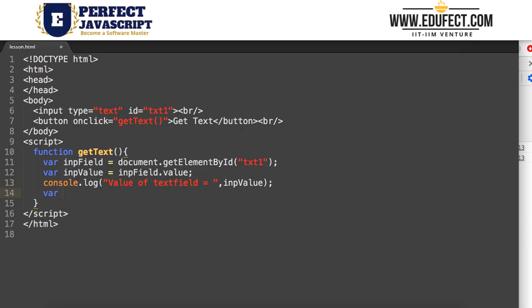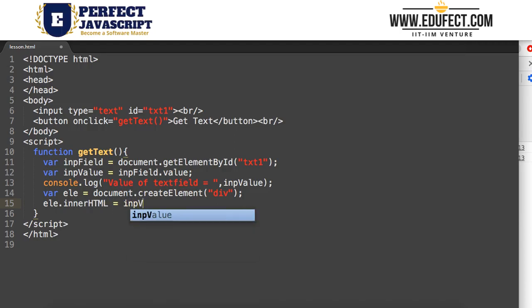So let's say I create a var ele is equal to document.createElement, and I will create a div tag, and then ele.innerHTML will be inpValue, and I will just append it.